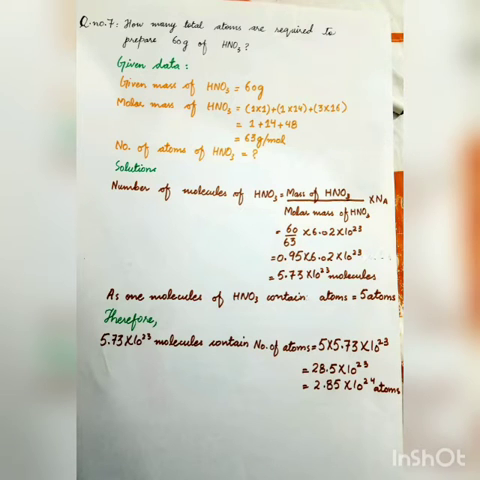As one molecule of nitric acid contains 5 atoms, 1 hydrogen, 1 nitrogen and 3 oxygen, the total number of atoms is 5. So we will multiply 5.73 into 10 raised to power 23 molecules with 5 to get the number of atoms. So we will get 28.5 into 10 raised to power 23. When we move this decimal point from 8 to 2, it will become 2.85 into 10 raised to power 24